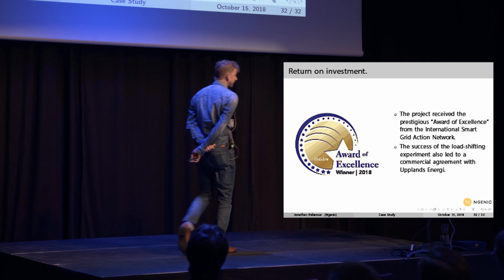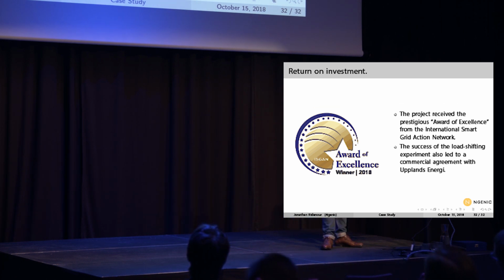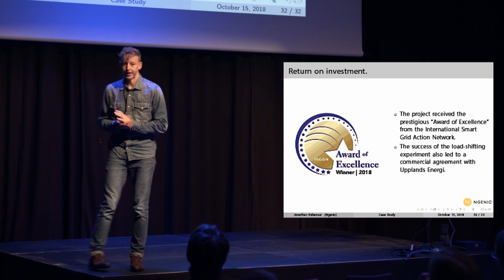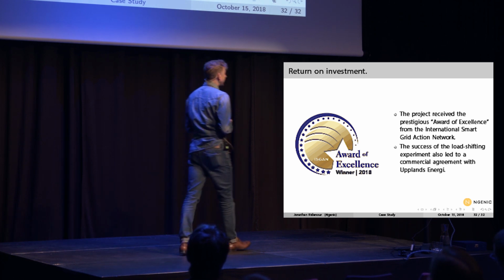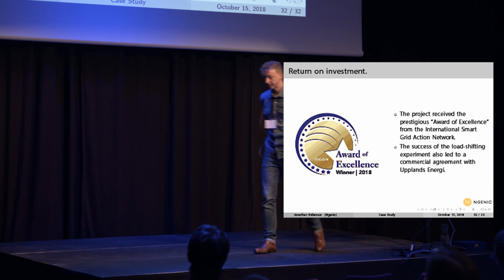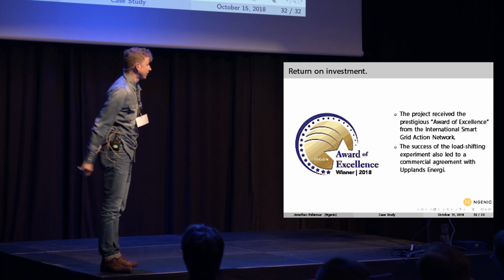In this situation, it actually turned out quite well for the project. We were able to present these numbers to Upplands Energi, and they can check against their own measured data and see: is this something that makes sense? Is this a figure that we feel could be reliable? In this case, it worked out pretty well for us. And in the end, the return for this investment of time ended up being a commercial agreement with Upplands Energi, and it also resulted in